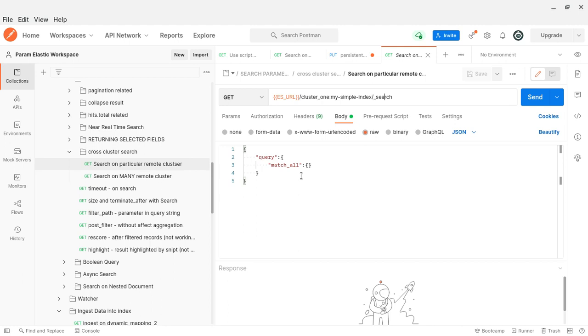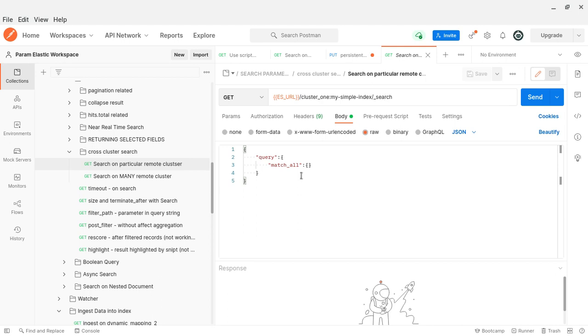How is the request forwarded to that remote cluster, and how is the response collected back and shown to the client? There are two node roles: one is the gateway node, another is the coordination node. Usually any non-master eligible node can act as a gateway node.